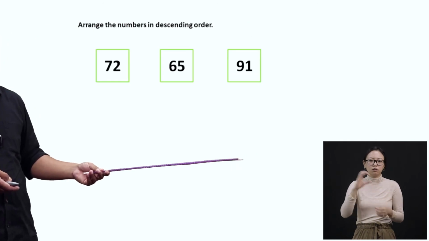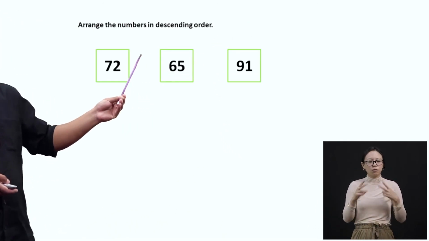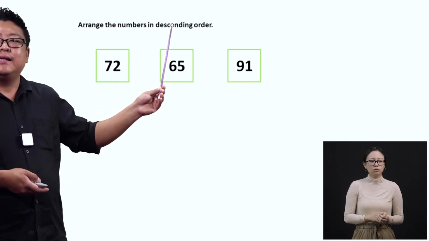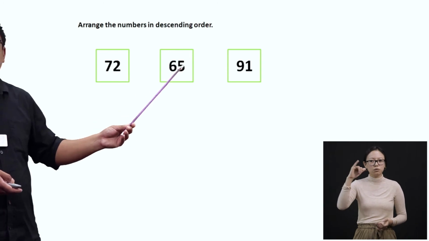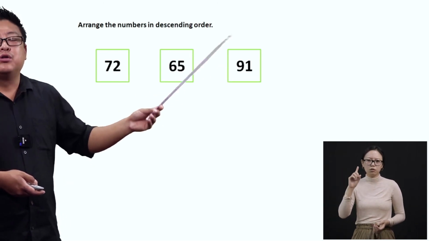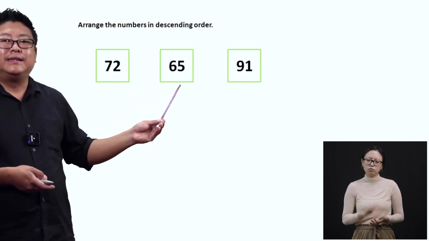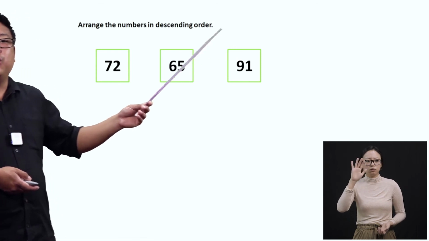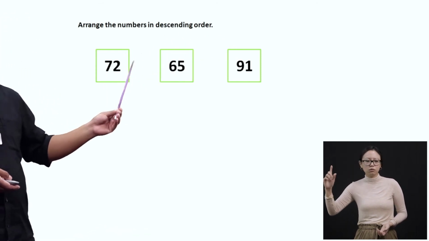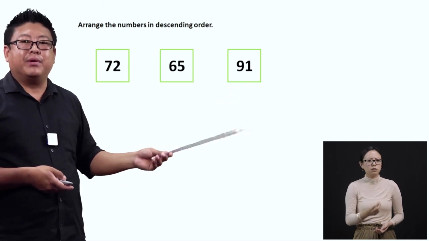All right, children? Now, let's do one more example on descending. Arrange the numbers in descending order. So we have three numbers here. These are two-digit numbers. All right, children? So let's look at the first number, 72, 65, and 91, right? So to arrange this in descending order, first let us identify the bigger number among the